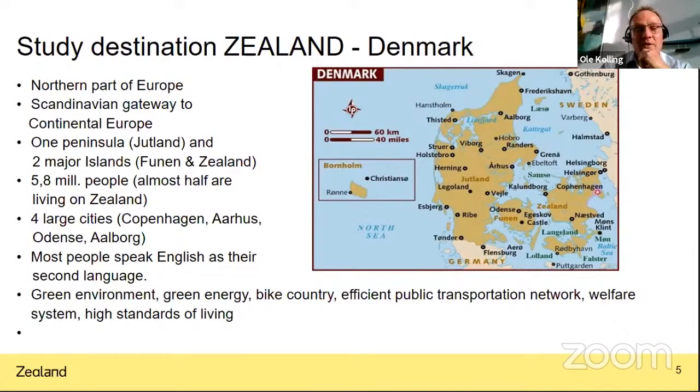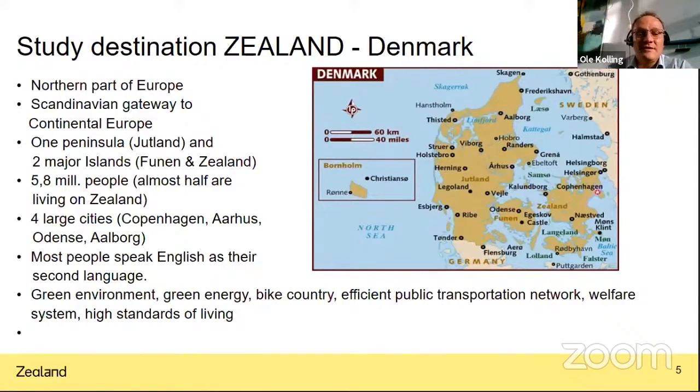When you look at the Danish population, some of you may live in Jakarta right now. There are 5.8 million people in the whole country of Denmark. That may contrast with Jakarta, where you probably have a population 2 or 3 or 4 times bigger. So you can say Denmark is a relatively small place, both geographically and in terms of the people living there.